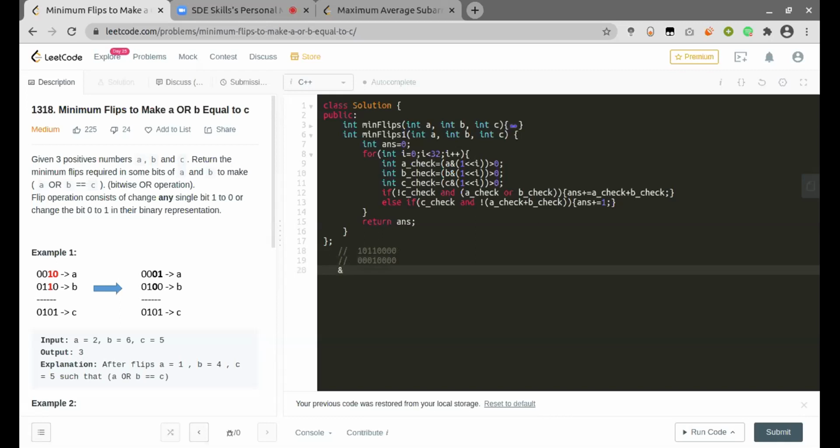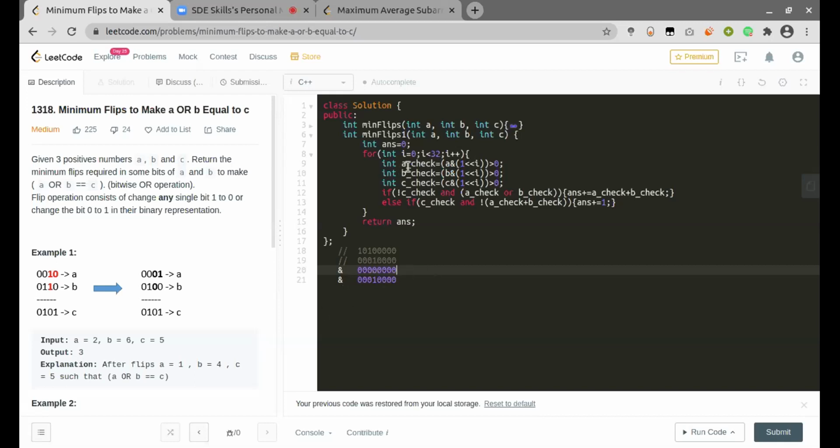When I do bitwise AND, I will get some non-zero value here. But if this was a 0, then the bitwise AND would give a 0 value. This is how we can check if a particular bit is set in a given number at a particular index.